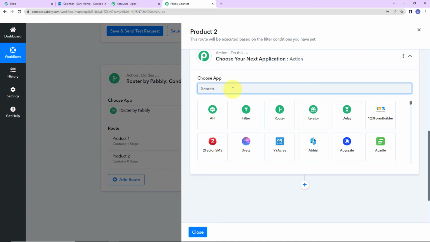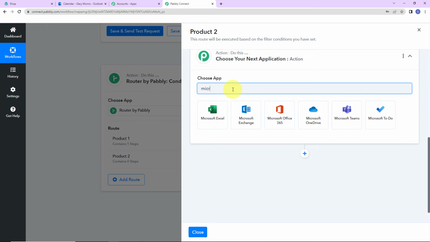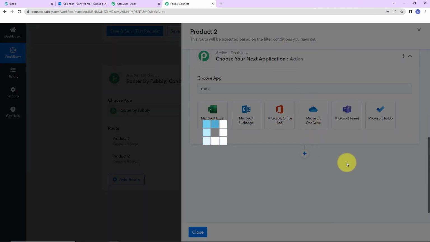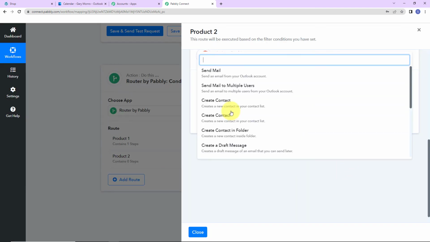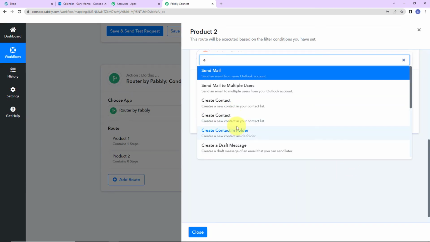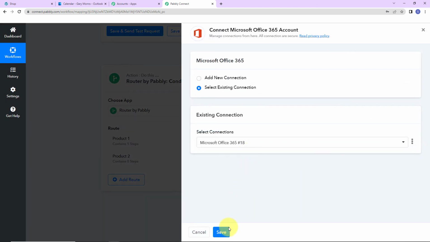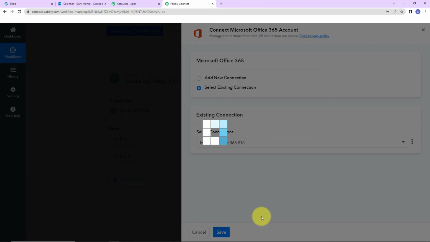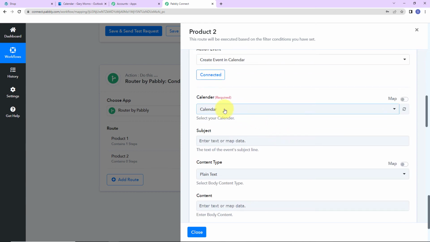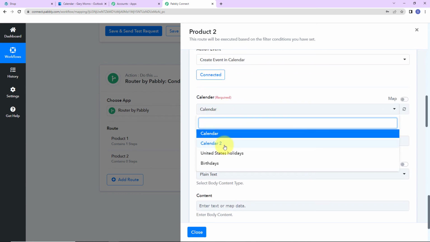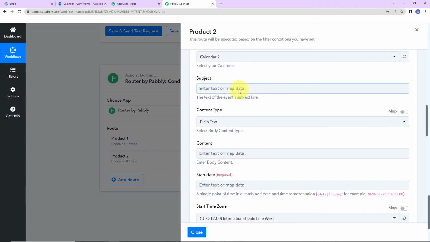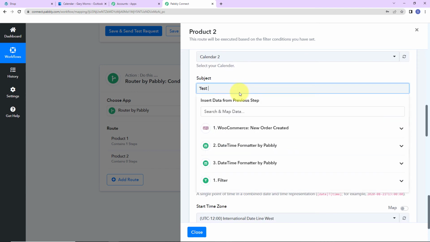The application here will be Microsoft Office 365. Let's click on this, and the action event here would be to create an event. Let's click on this, click on connect. So I'm going to go ahead with the existing connection, and now here we have to enter the calendar. So I'm going to go ahead with calendar 2. Now the subject here will be test product induction